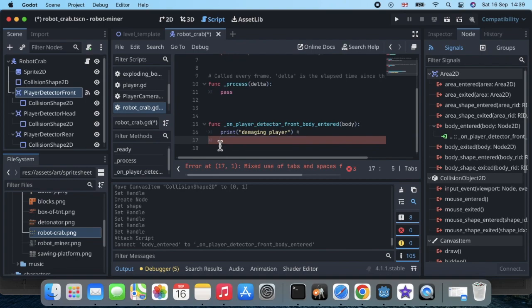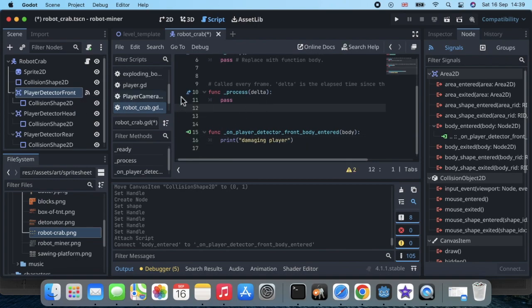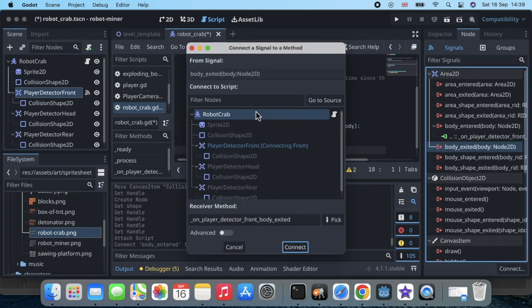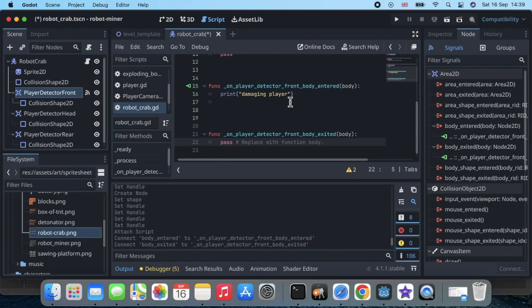Delete that and delete that. All right. Sorry, no, I need to do another one. Body exited. Connect it to robot crab. And again, print. Copy that. No longer